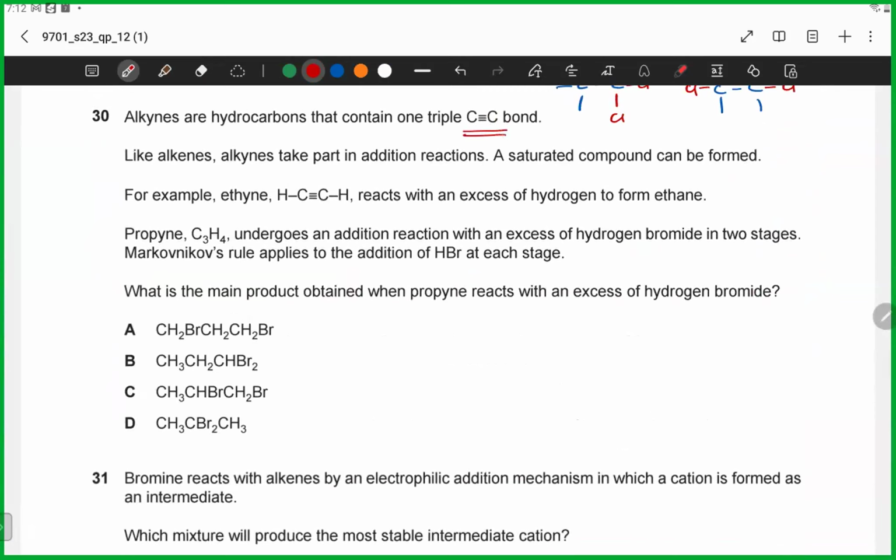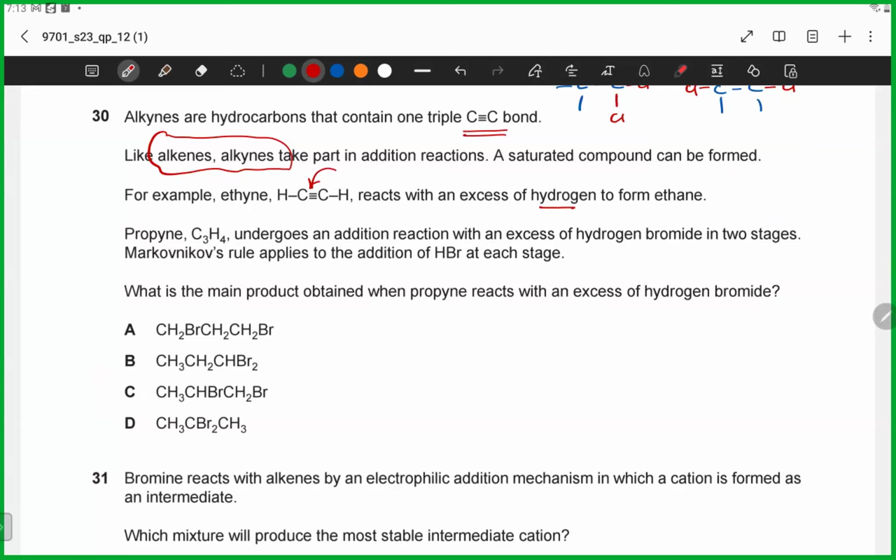Alkynes are hydrocarbons that contain a triple bond, ठीक है? So alkenes alkynes take part, तो वो कह रहे हैं दोनों के रिएक्शन सेम होते हैं। For example, ethyne reacts with excess of hydrogen to form ethane, तो अच्छा ठीक है, वो कह रहे हैं वही एडिशन रिएक्शन हो रहा है। It becomes ethane, उसमें हाइड्रोजन gets added।